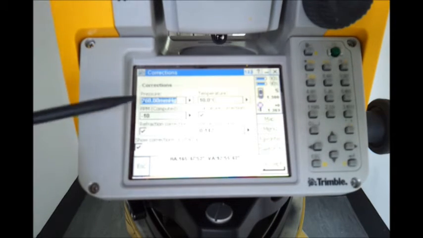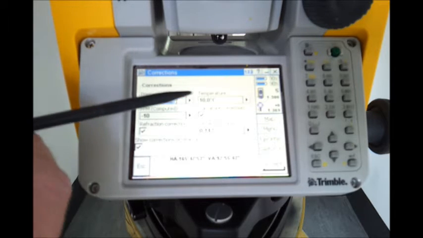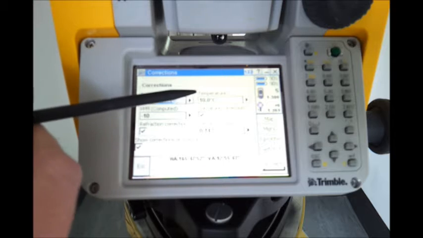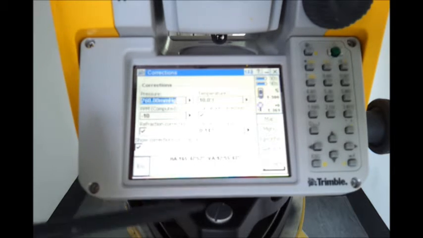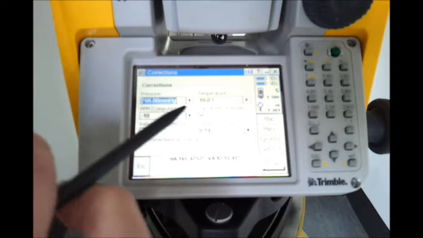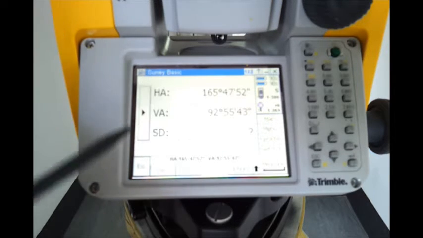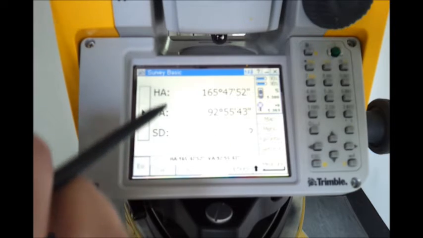The next screen is confirming the atmospheric conditions, so if the temperature is different as is shown here, you can change that, and the pressure as well. So that will apply a correction to the measured lens. So that's okay, I'm going to accept that. Horizontal, vertical,